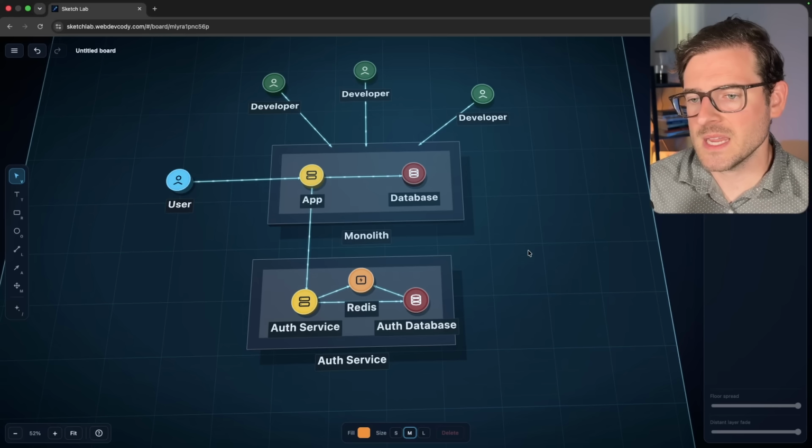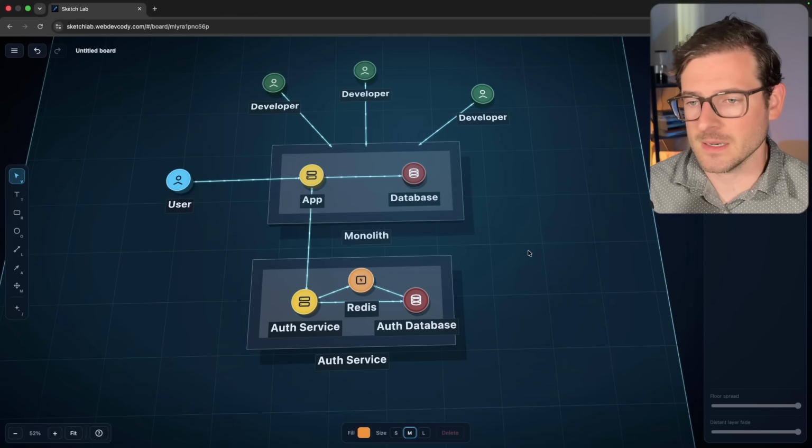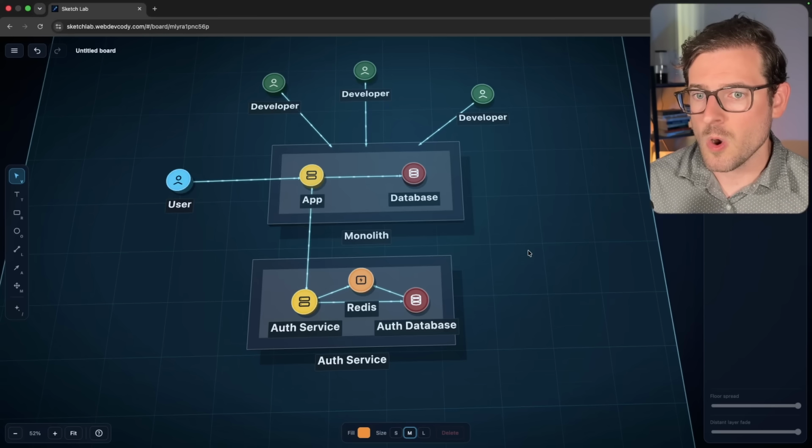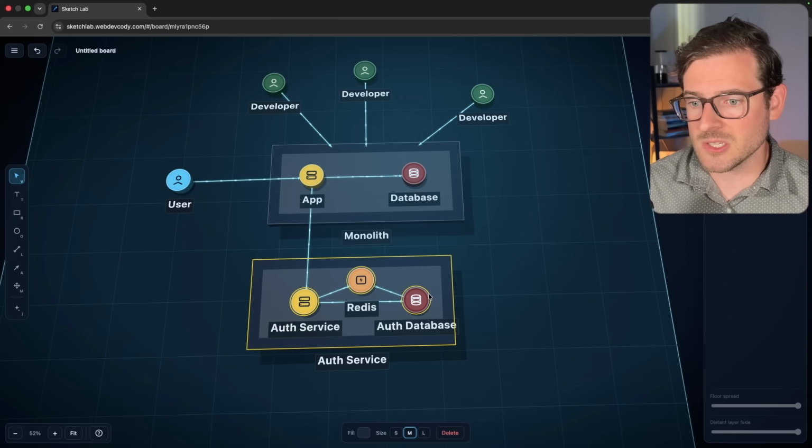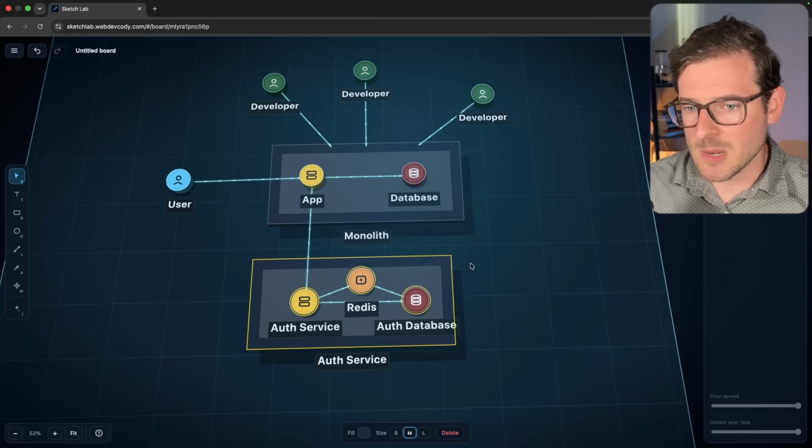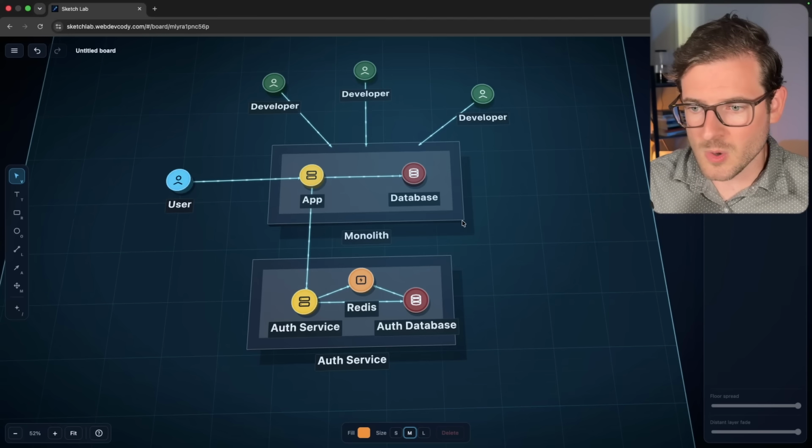Anyway, the point I'm trying to get at is that when you've identified an area in your code base that can be scaled up independently because the amount of load that's hitting it is much higher than some other parts, or if you decide that you need to actually rewrite that certain piece in a faster language. Let's say that you're getting a bunch of auth requests all the time.